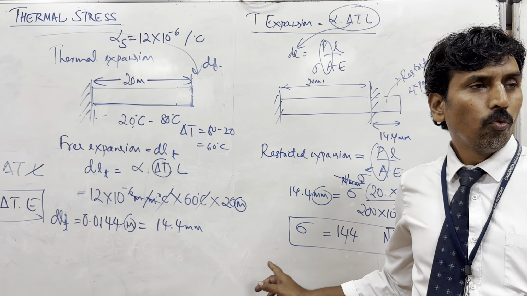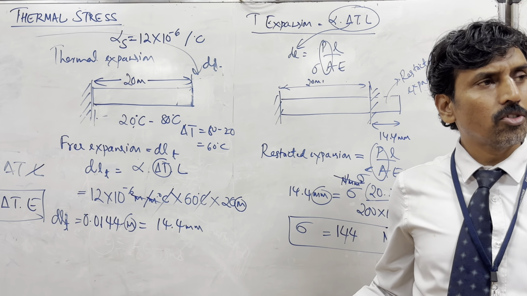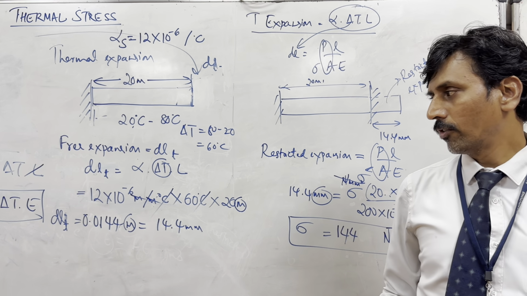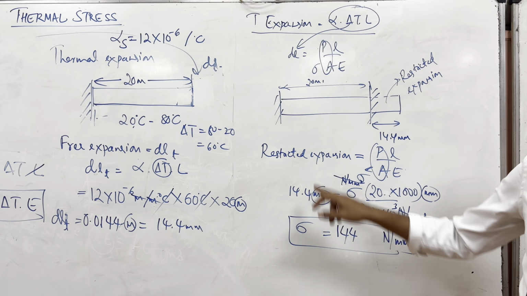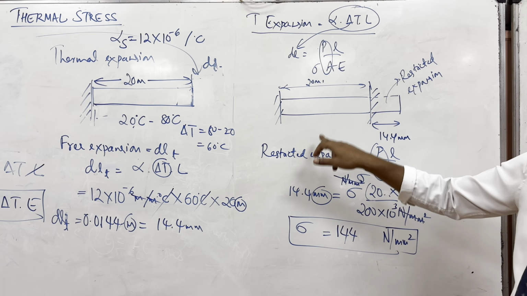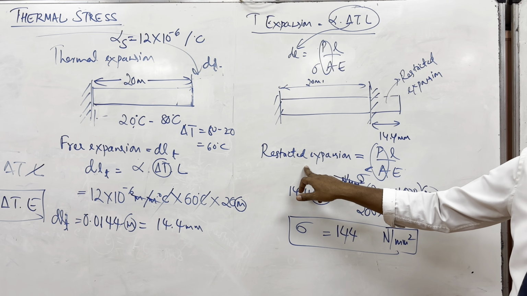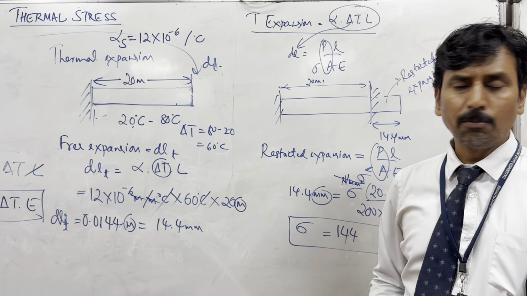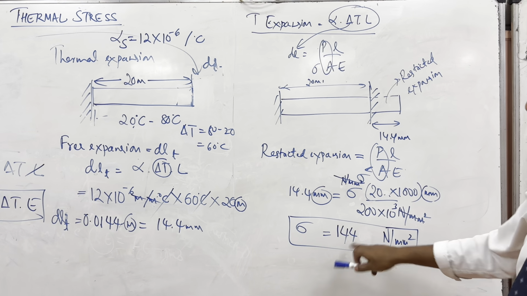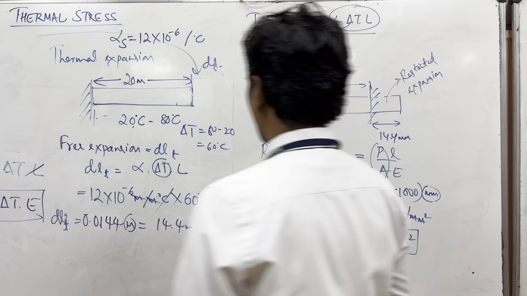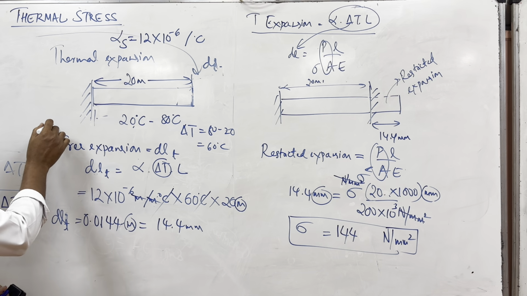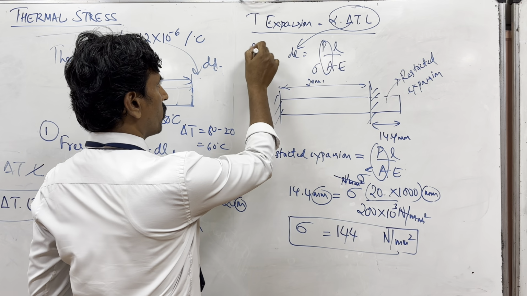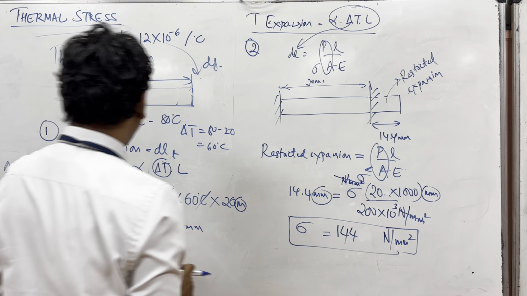Guys, 144 Newton per mm square means steel is within the yield stress. So it will not fail. So when you got a restricted expansion, then the last part of the problem. So here you got 144. First part of the problem was this. Second part of the problem was this. And the third part of the problem,